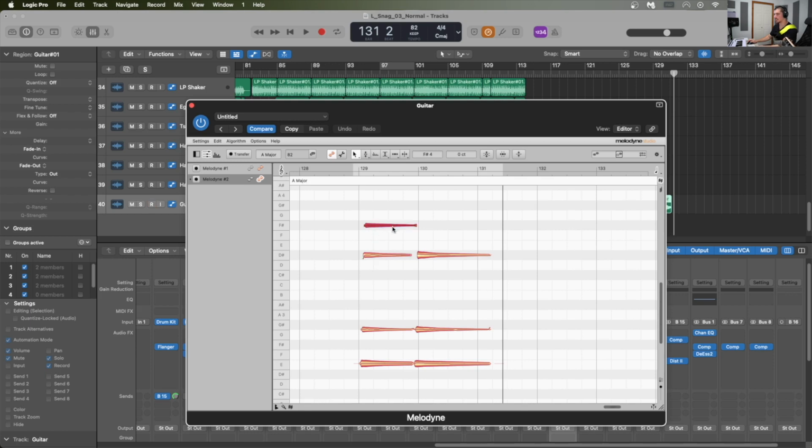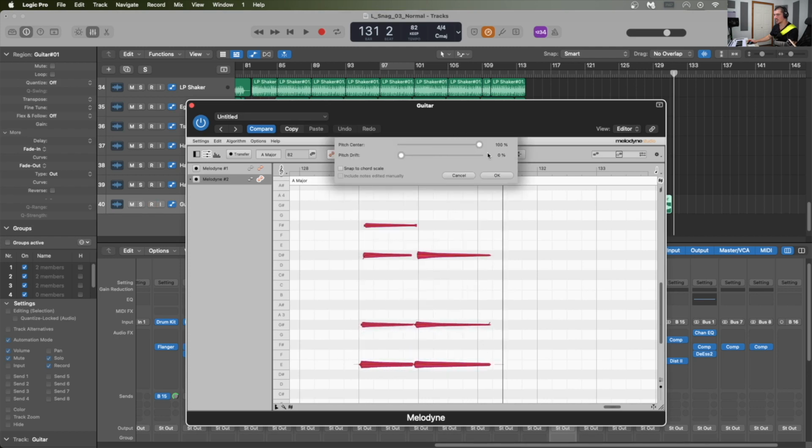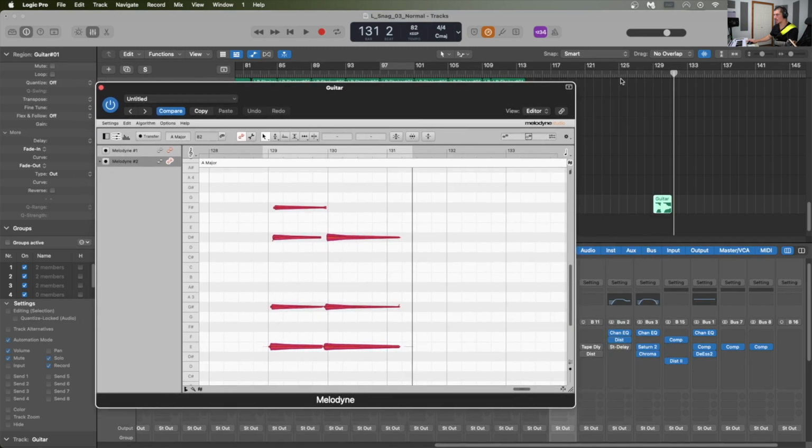Then we have the D, which is the major 7, and then the 9 right here. So I could even go as far as deleting one of these, but for now, let's just select these, go up here, pitch center, and you see that it drug those notes up to the appropriate note. And now if we have a listen here,